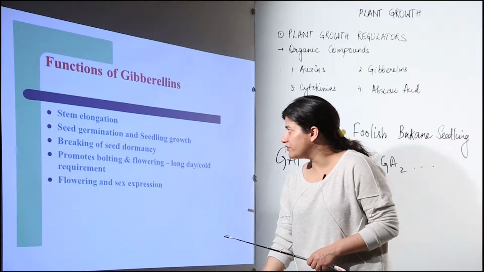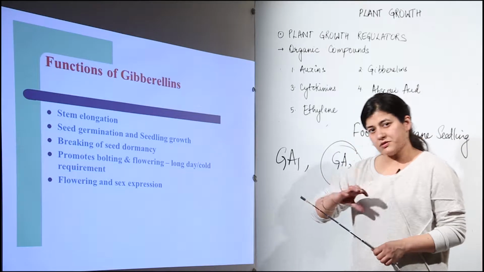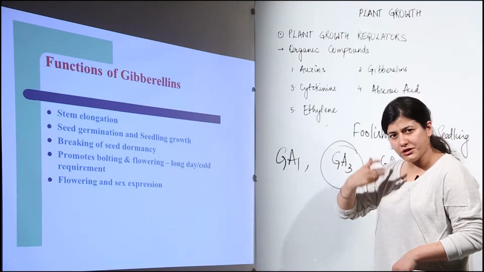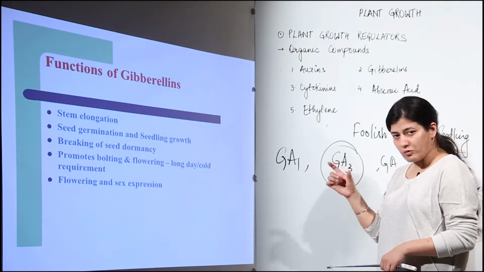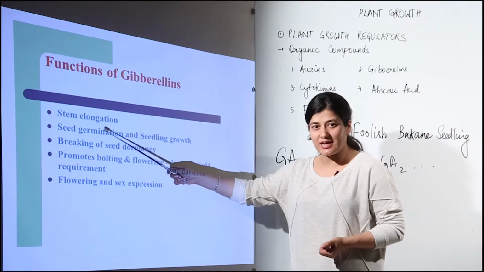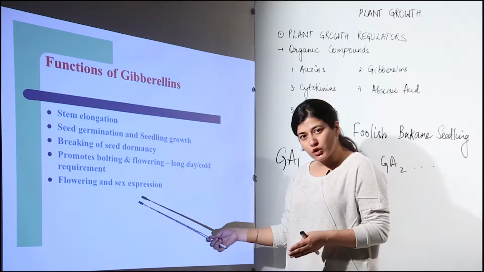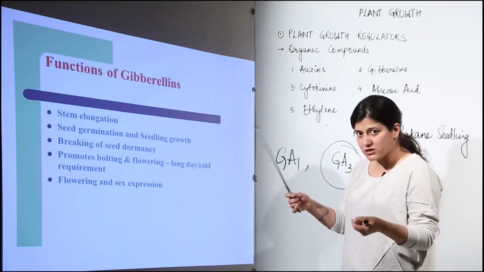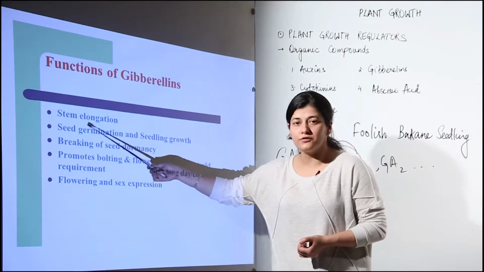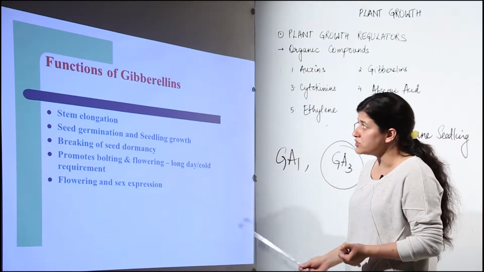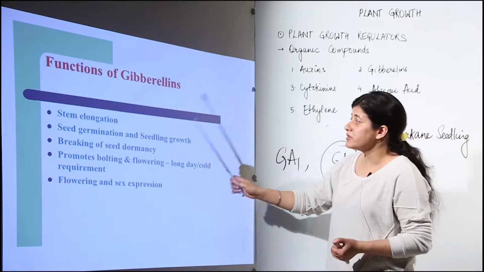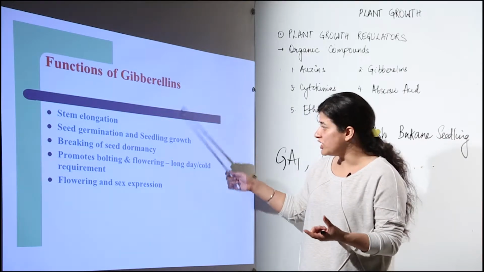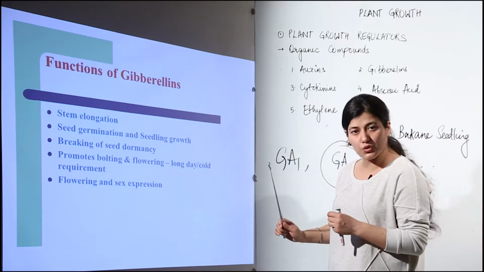When we talk about the function of gibberellins, because we discussed that in foolish seedling disease the plant was abnormally tall, basically this hormone is responsible for elongation of the stem. Because it is responsible for growth, it is present in the stem apex and also in the apical buds and axillary buds. So it is responsible for stem elongation. It is of great importance to the horticulturist. Why? Because seed germination and seedling growth is also brought about when there is a higher concentration of GA1, 2, 3 or whichever is required.